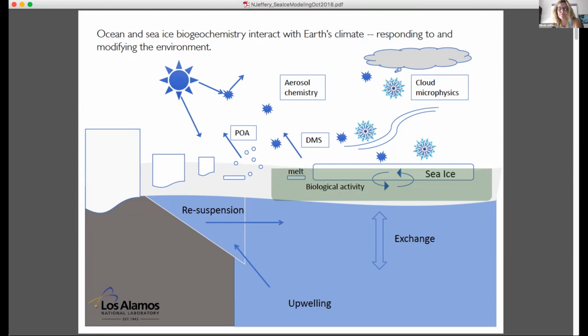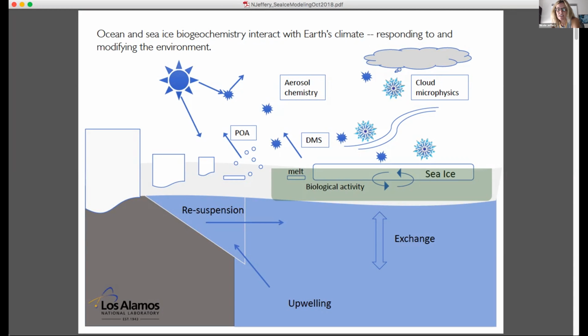Okay, the Highlight Project is interested in climate feedbacks with a focus on the polar regions. This is a schematic from phase 1 that illustrates some of the processes we were interested in exploring. You can see that sea ice plays a role here.